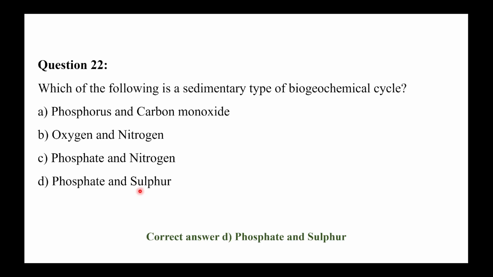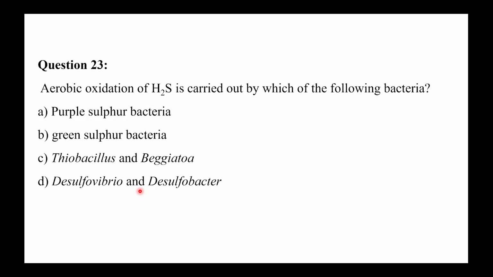But phosphorus and sulfur, they are present in the sediment of the earth or crust of the earth. So the cycle where the elements are recycled into the crust of the earth, those are called sedimentary type of the biogeochemical cycles. Okay,